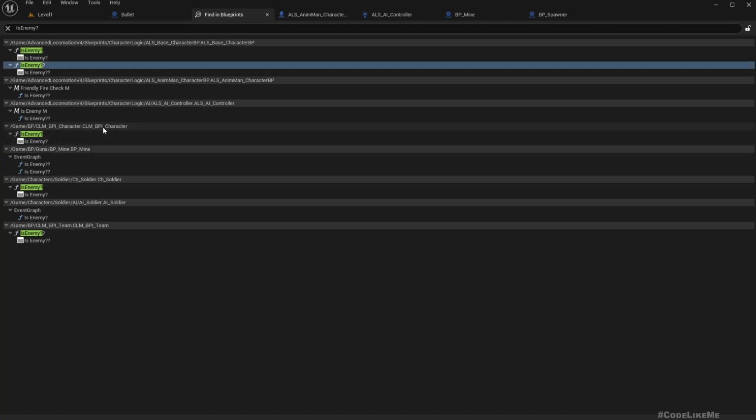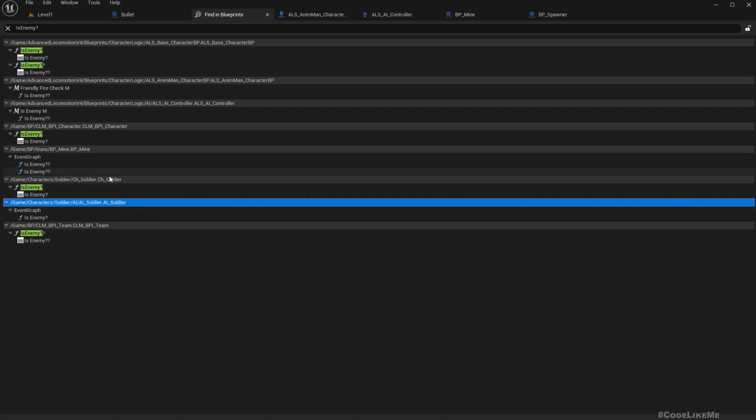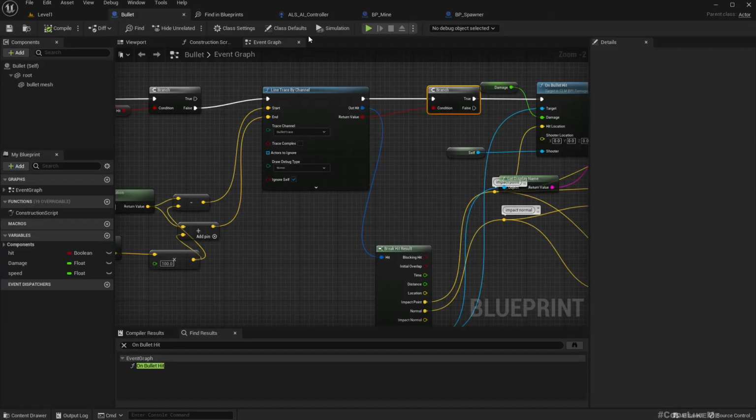This is the blueprint interface itself, and this is mine. This is two older soldier blueprints. Don't need to update them, and this is already updated. Oh, this is the blueprint interface itself. Alright, now